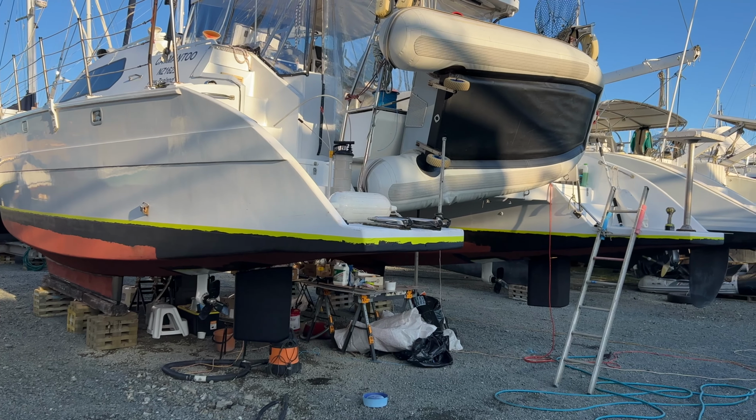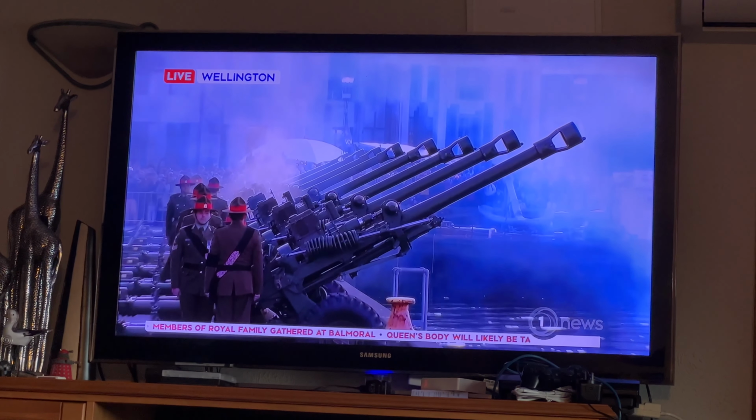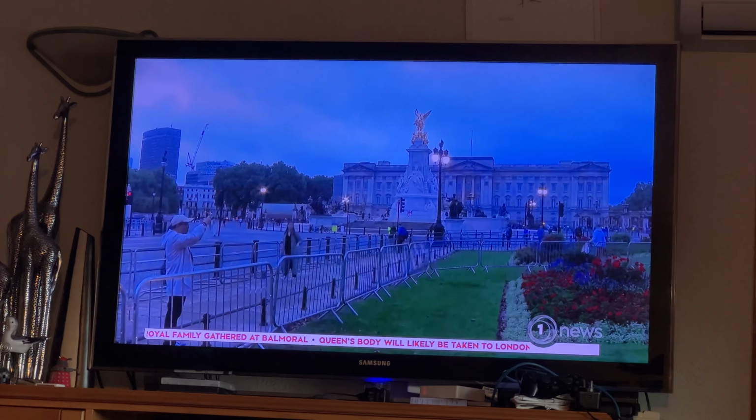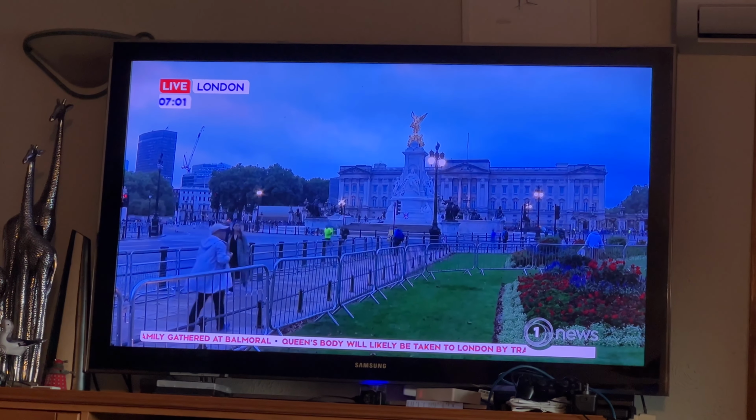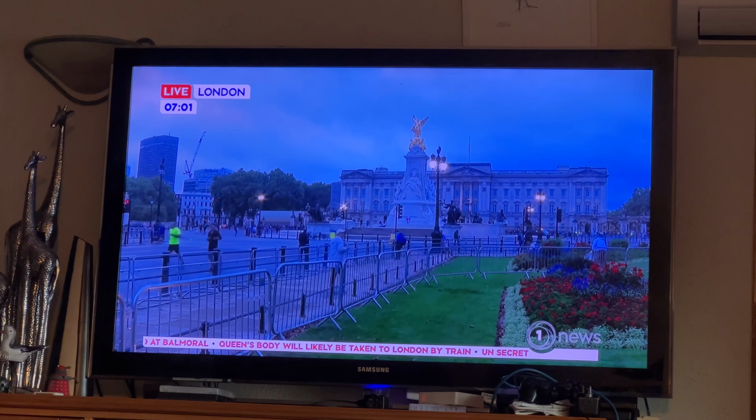You're watching and hearing the sound of the gun salute live from Wellington's waterfront as the New Zealand Defence Force marks the death of Her Majesty Queen Elizabeth II. 96 rounds will be fired, one for each year of Her Majesty's life. And this is the scene right now from Buckingham Palace, where thousands have flocked to pay tribute to the much-loved Queen as we go past 7 a.m. in